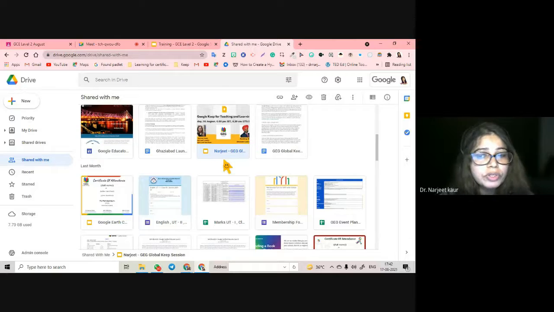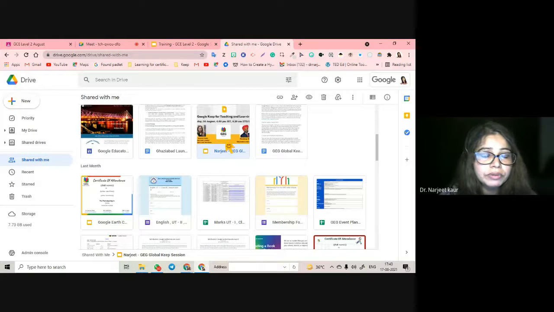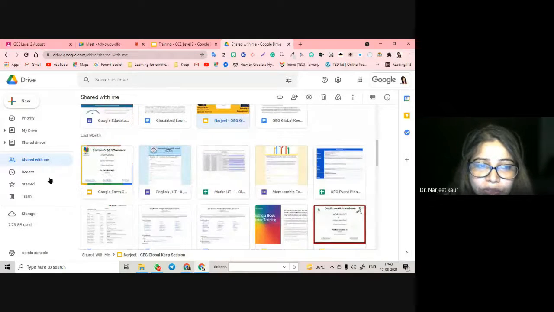And if the owner of the file deletes the file, then you do not have any kind of ownership of the file. If they delete it, it will get deleted from your folder as well.